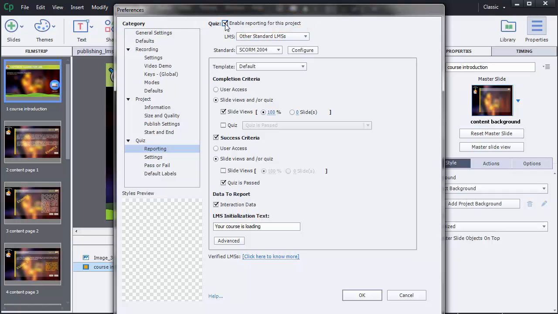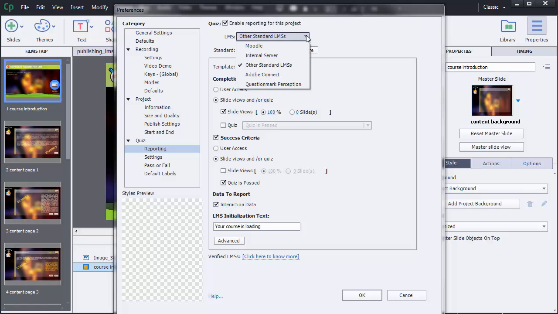The next step is to define the learning management system we are going to use. To do so, we click on the LMS drop-down menu, where several choices are offered. If you have Moodle, select Moodle. If you have an internal server, select Internal Server.